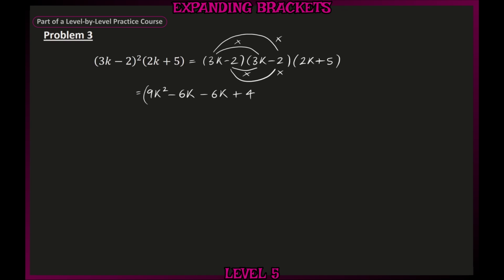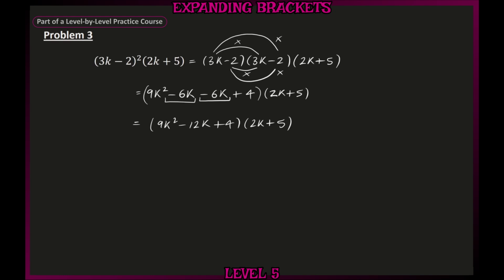Now this still needs to be multiplied by 2k plus 5, so we put it in brackets and put the 2k plus 5 after. Before multiplying, we can simplify the first bracket by collecting together the 2 minus 6k's. So this becomes 9k squared, minus 6k is minus 12k, plus 4, and it's still being multiplied by 2k plus